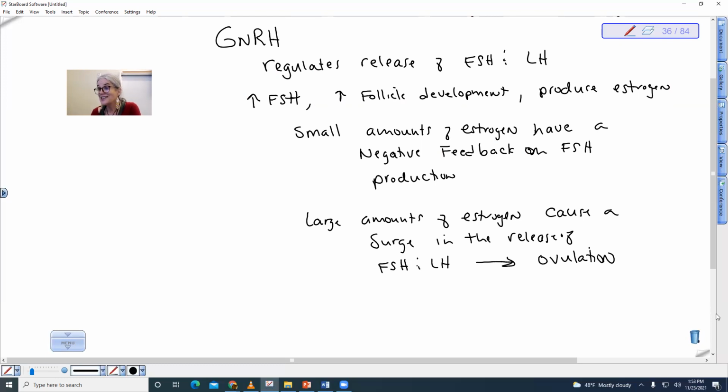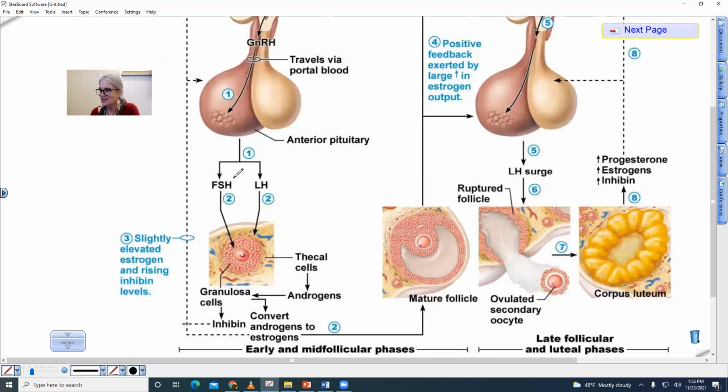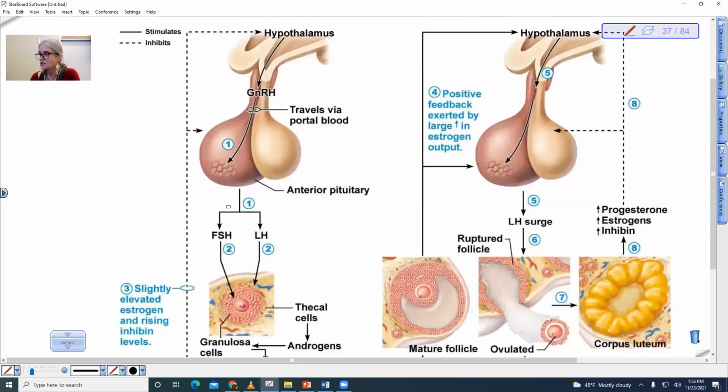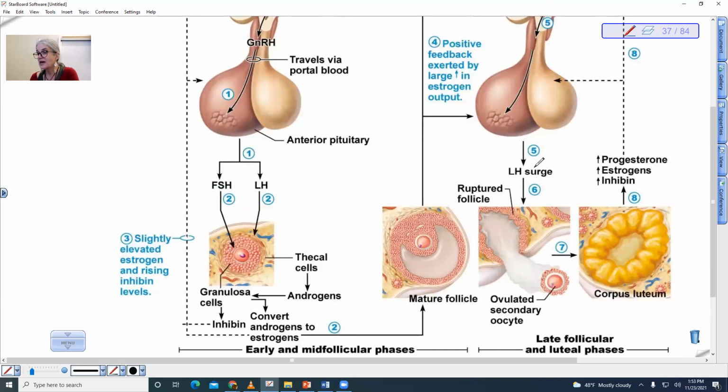Okay, so let's look at the diagram again. Okay, so FSH is being produced, but then estrogen inhibits the production of GnRH, but also of FSH and LH. So when we get a large input of estrogen, then that causes a surge. And it's the LH surge in particular, they think, that actually causes the oocyte to be ovulated